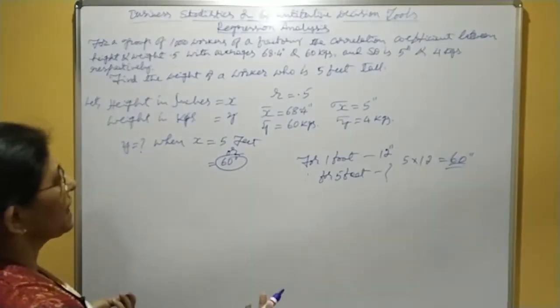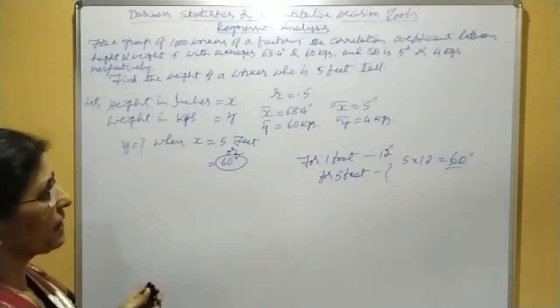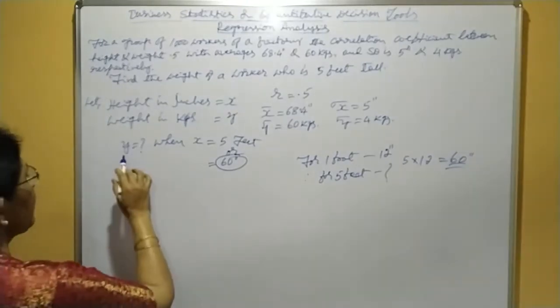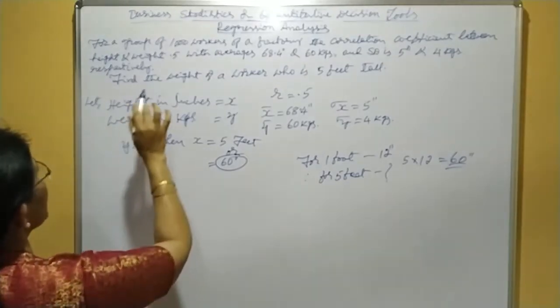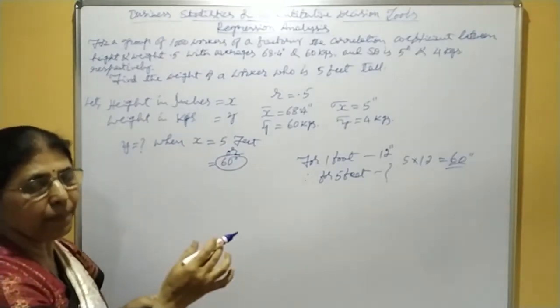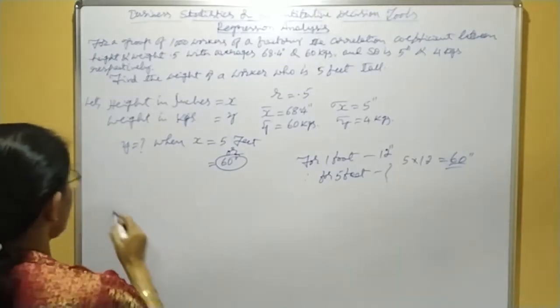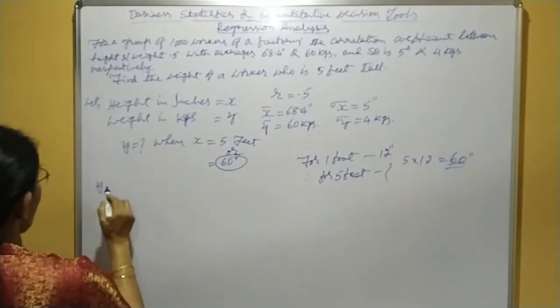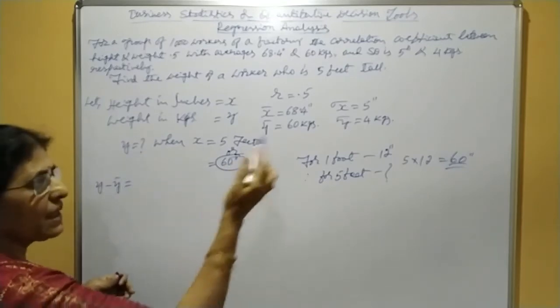Here we can directly use the shortcut method, calculating at 1 step itself. That is, here we have to find the weight, that is y. Means what, we have to apply the regression equation of y on x. That means the y on x formula is y minus y bar equals, here we do not calculate bxy,